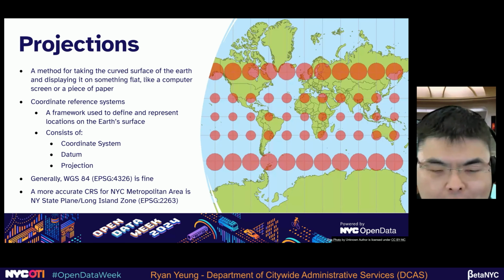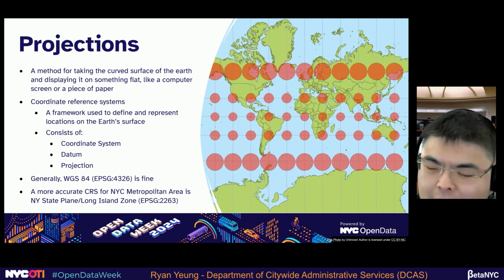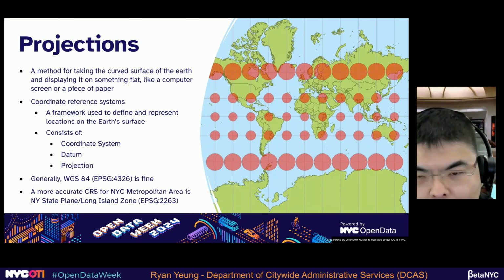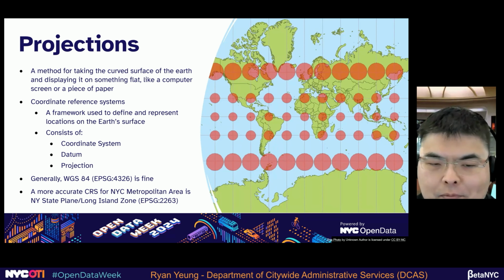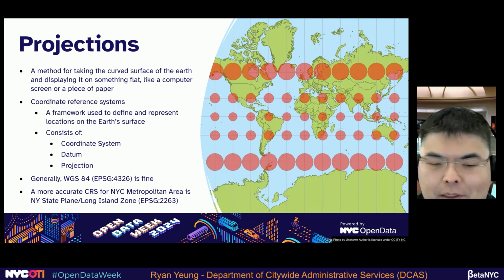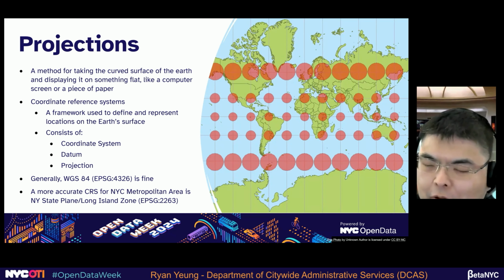For most people in the world, understand that the world is round. It's a sphere. Technically, it's an oblate spheroid, in case you're wondering. It's got some love handles, but whatever, it's close enough. And when you take something that's round and has 3 dimensions and try to make it flat, you create distortions. And there are different systems for how to represent those different distortions. Generally, the default in QGIS is called WGS84, and each of these different systems are called coordinate reference systems. They have their own pluses and minuses.